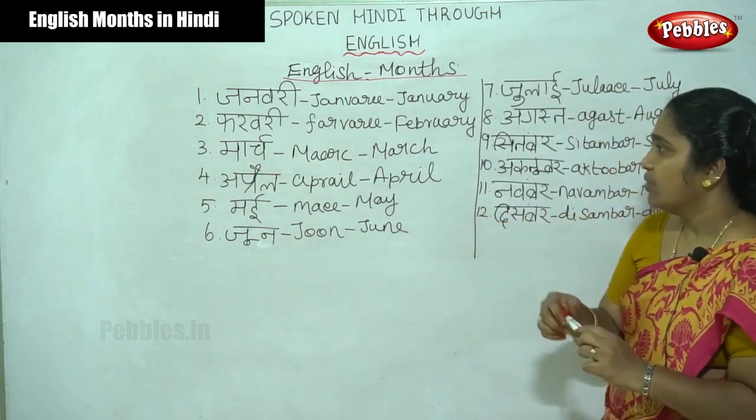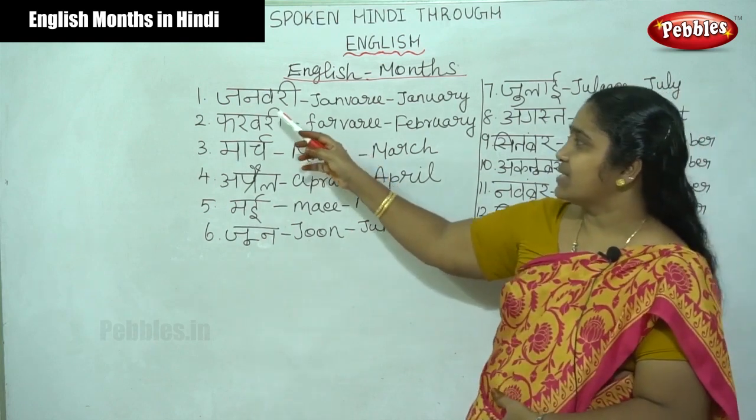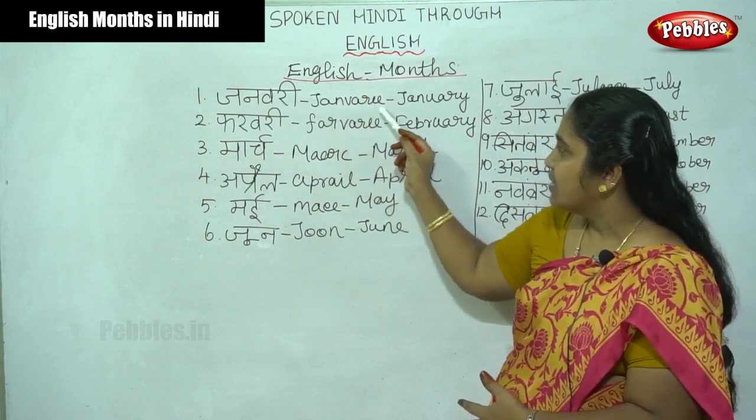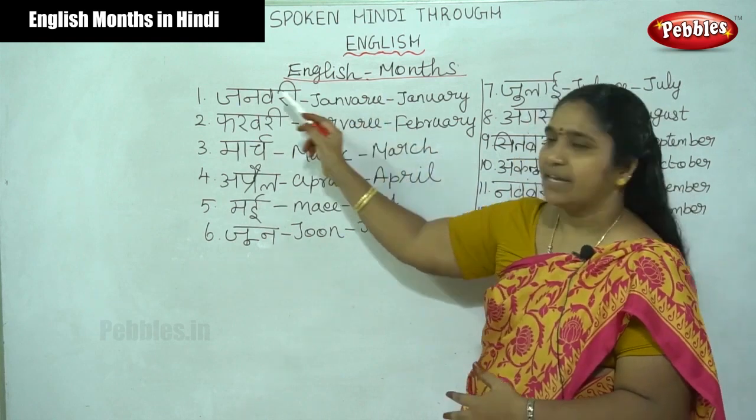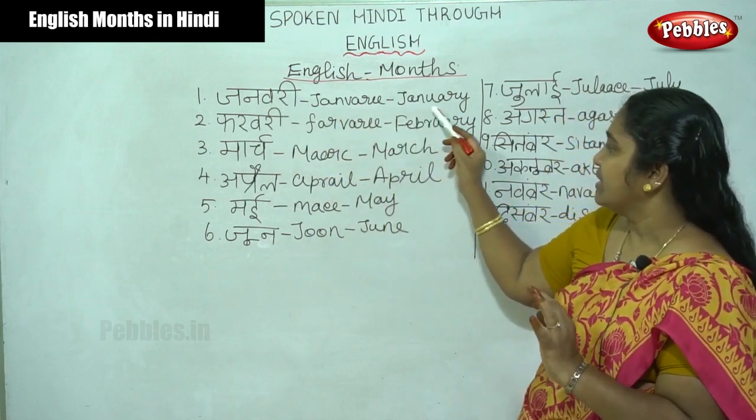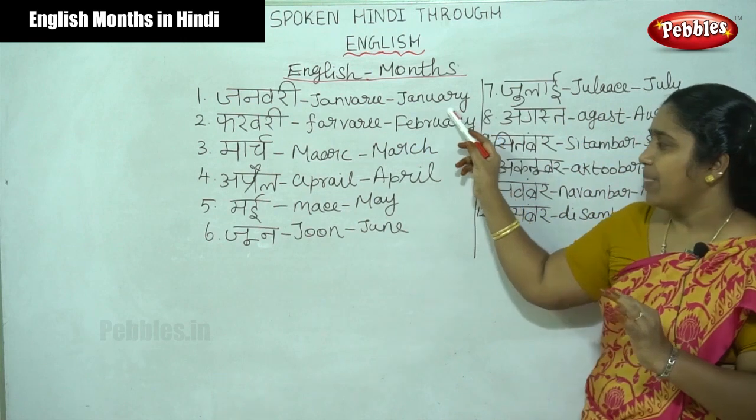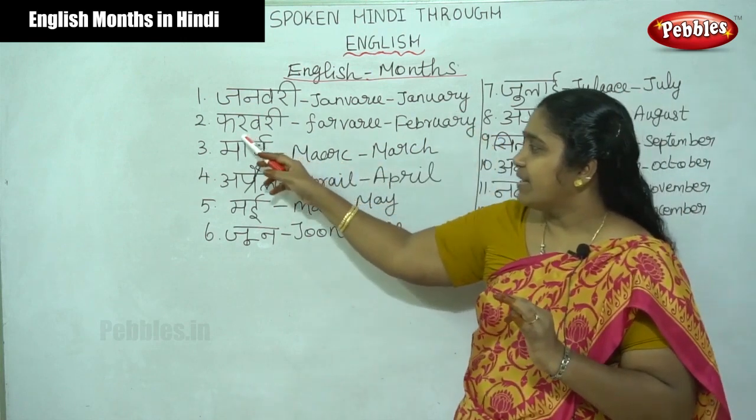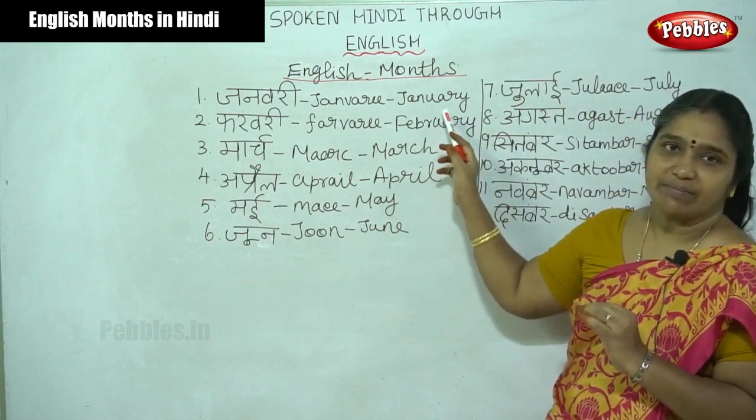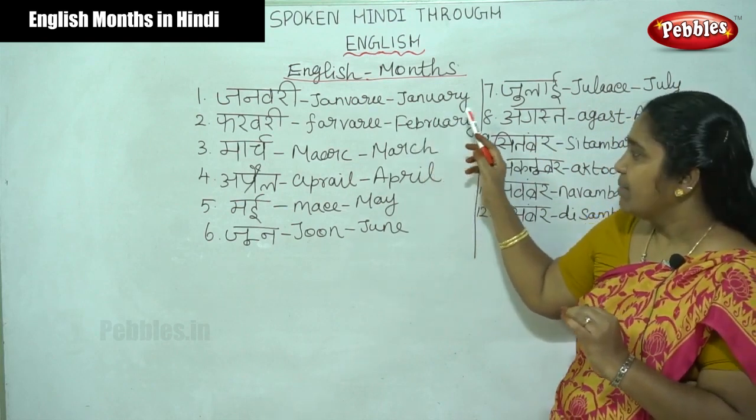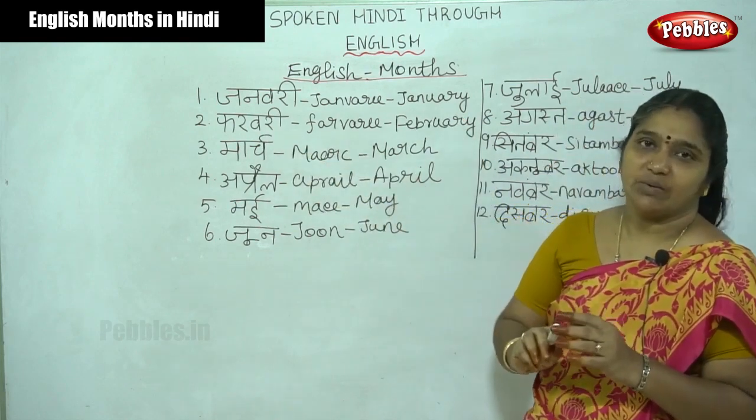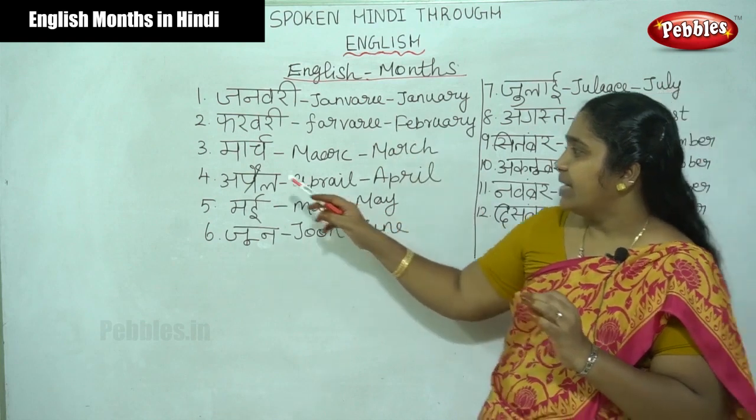Now we all know the first month is January. We have to pronounce it like this in Hindi: January. Same, there is no difference. But for February, in English we call it February, but in Hindi it is called February. Then March,